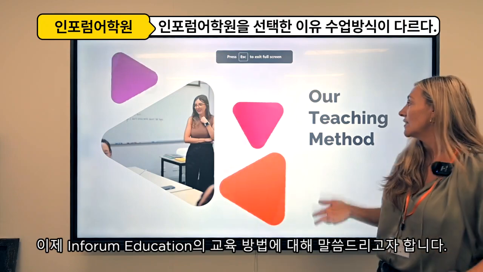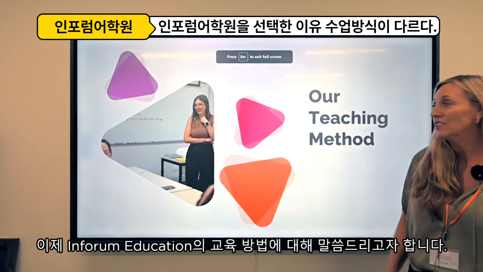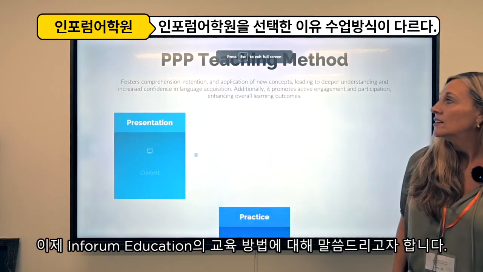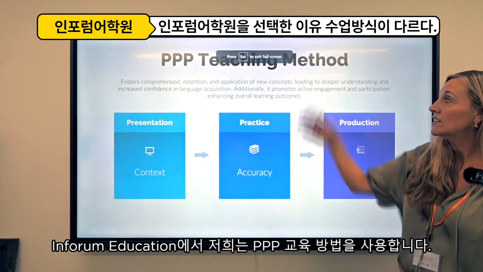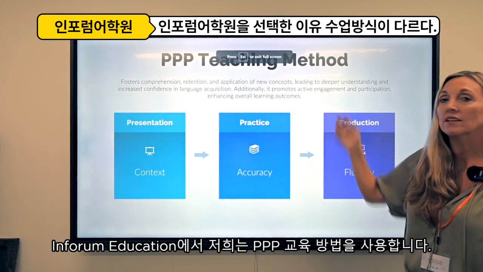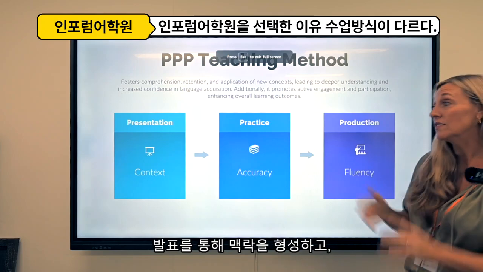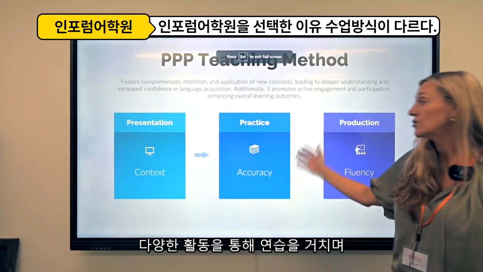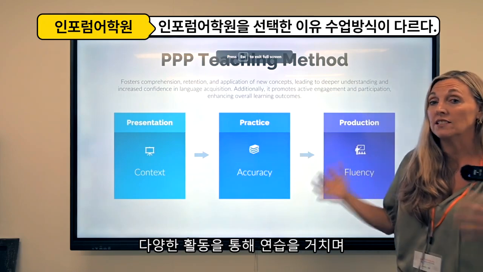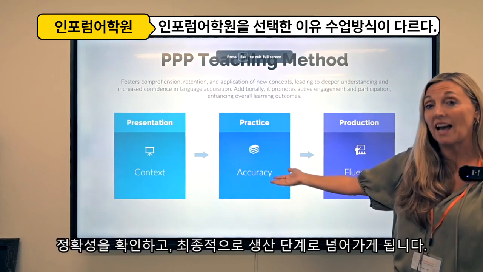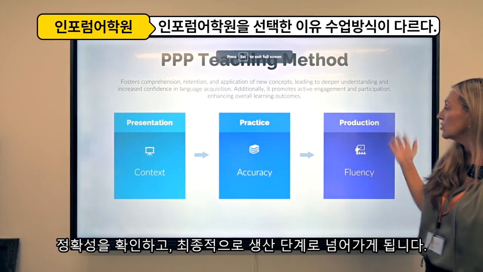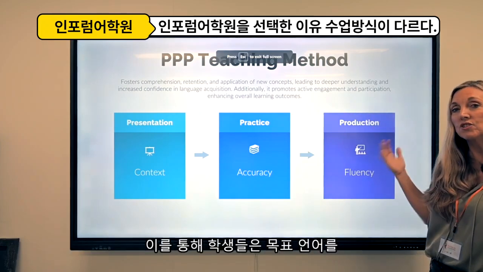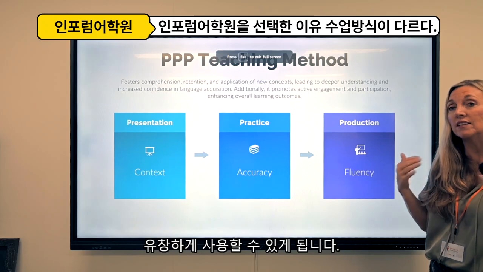Right, so now I'd like to talk about our teaching method at Inforum Education. Here at Inforum Education, we take the PPP teaching method. This is a great method because it involves presentation, forming context, then it goes on to practice through different activities, which then looks at accuracy. And it goes on to production, which then means that the students are able to become fluent using the target